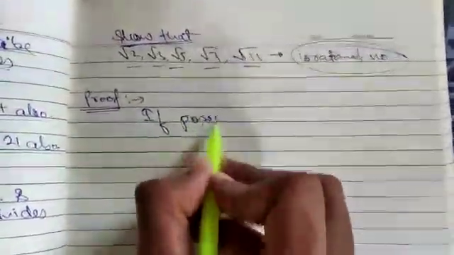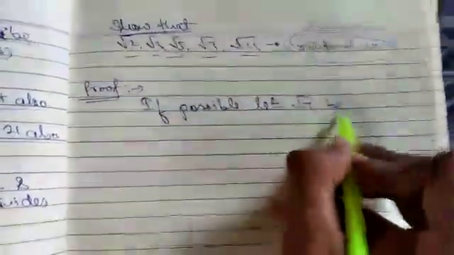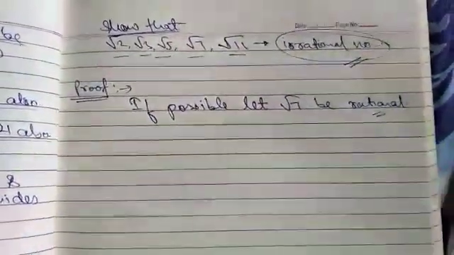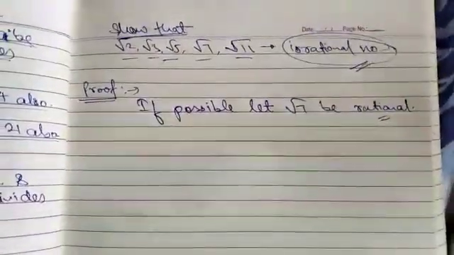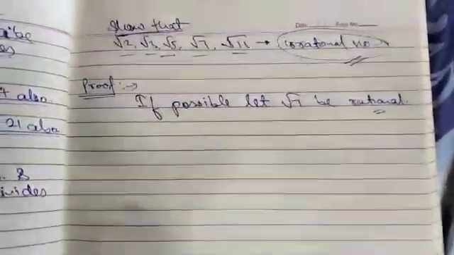So we are going to assume some things. If possible, let root 7 be a rational number. We have to prove it is an irrational number and we are assuming it as a rational number. If there is any contradiction in proving, then we can say that the number is an irrational number. So if possible, let root 7 be a rational number